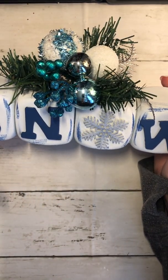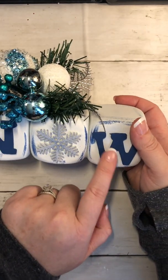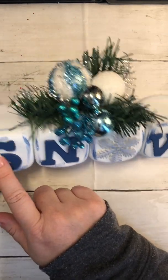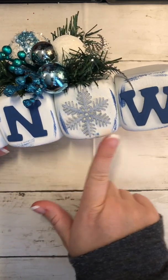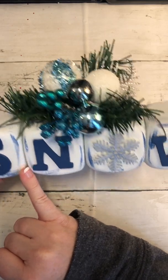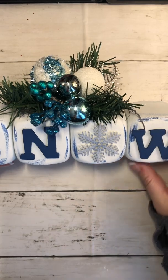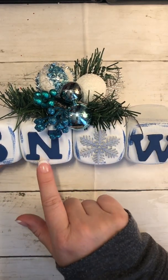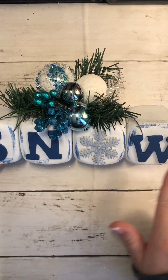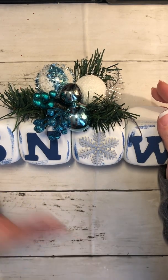The S, the N, and the W are wood letters from Dollar Tree. I painted those the same blue that I distressed the wood blocks with. I hot glued all of the blocks together, and I did it this way because when I've crafted with these dice, I normally go up, so I thought it would be fun to go to the side. So I went long ways,